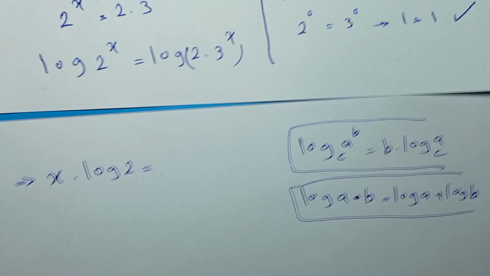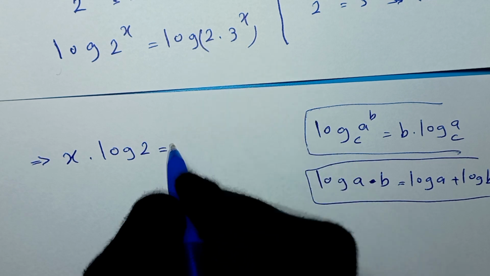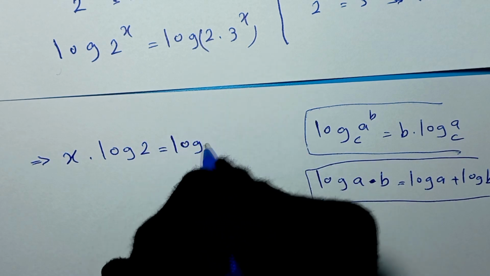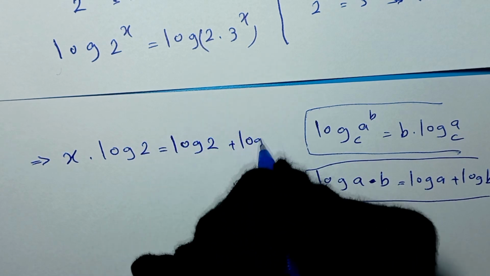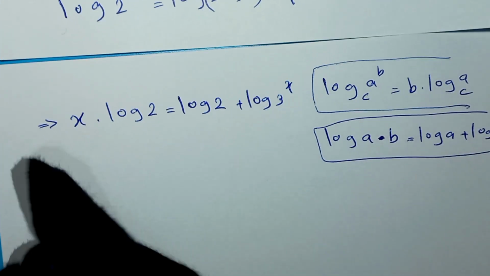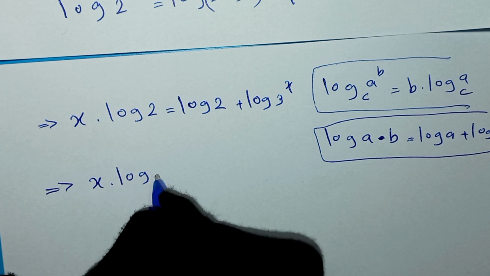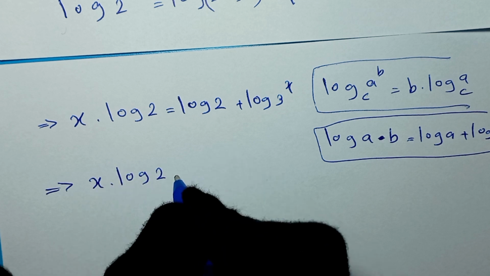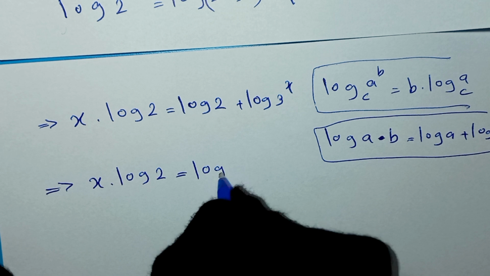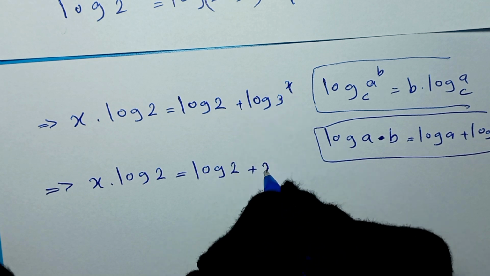So in here we can write this as log of 2 plus log of 3 to the power of x. So log of 2 plus log of 3 to the power of x. And it will be x times log of 2 is equal to log of 2 plus, we take this x outside of this log, so it will be x